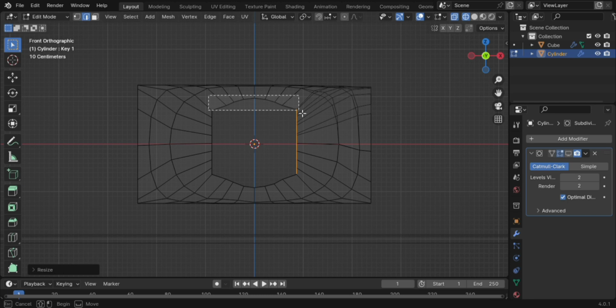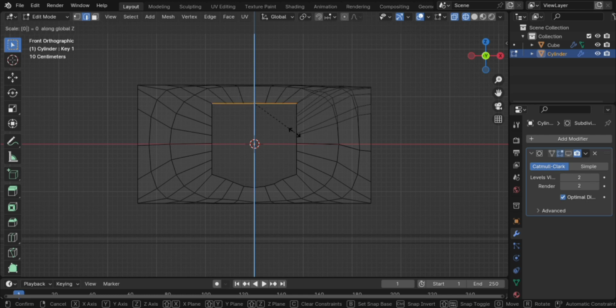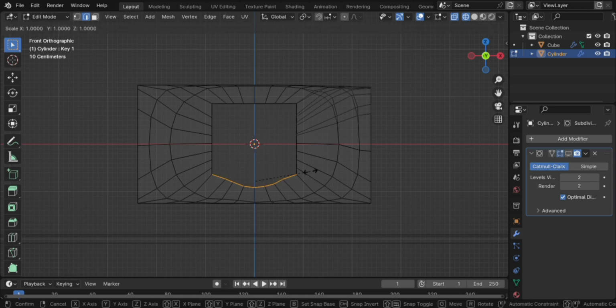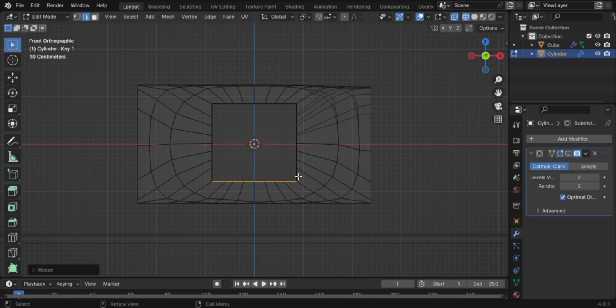And then we're gonna box select the top part, S, Z, 0, and that's what we have. We're gonna do the same thing for this. S, Z, 0, and then this is what we have. So our shape is kind of taking the form we want it to. Now, I'm gonna say I'm very, very impressed with the